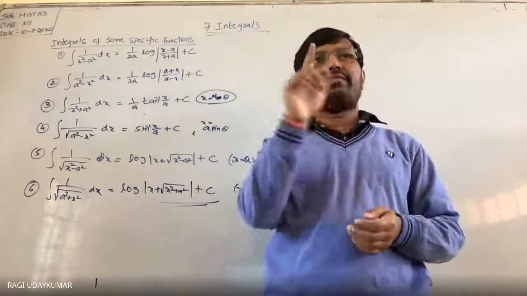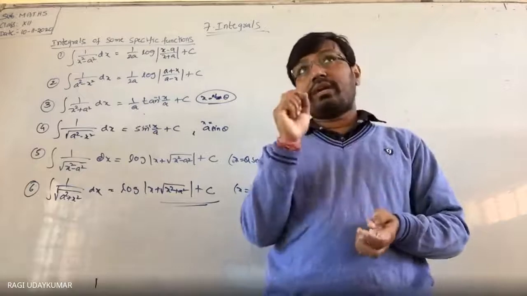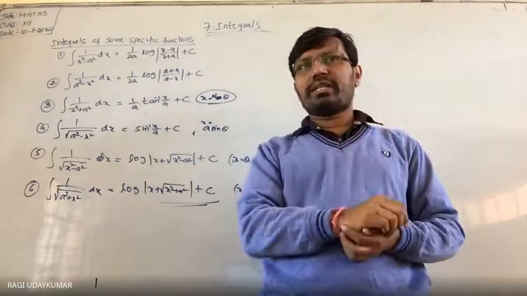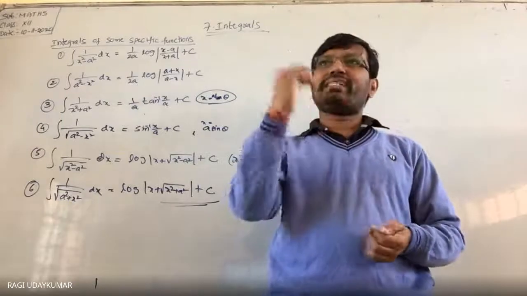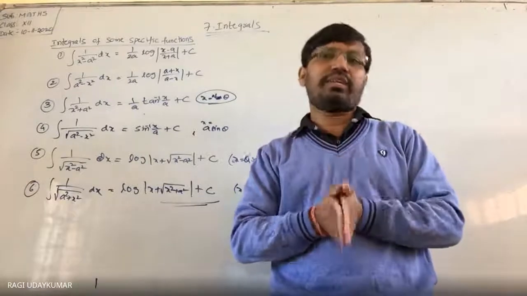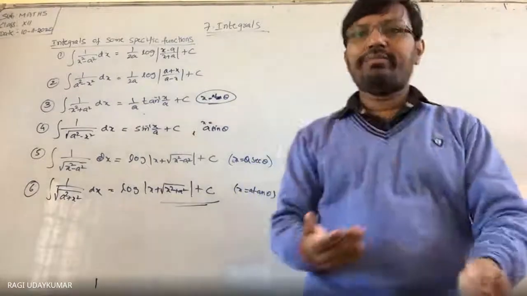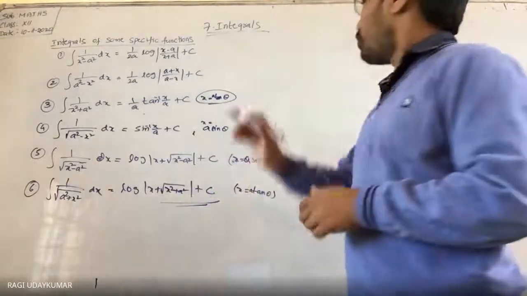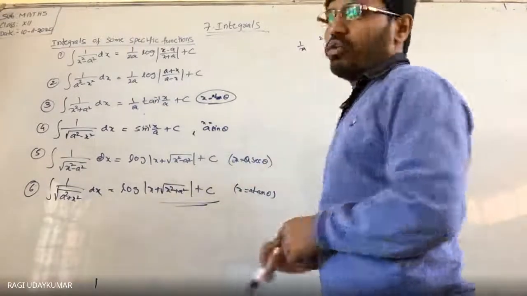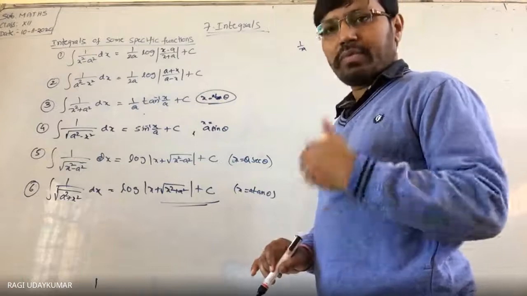In the integration of 1 by x square minus a square. So x square minus a square is there. So x square minus a square is nothing. But आप लोग कैसे याद रखना है? X minus a by x plus a और x plus a by x minus a. ये confusion बहुत ज़्यादा होता है. To avoid that confusion, I told you 2a आना है. ये तो पता है हम लोगों को. तो न्यूमरेटर में भी 2a होगा.